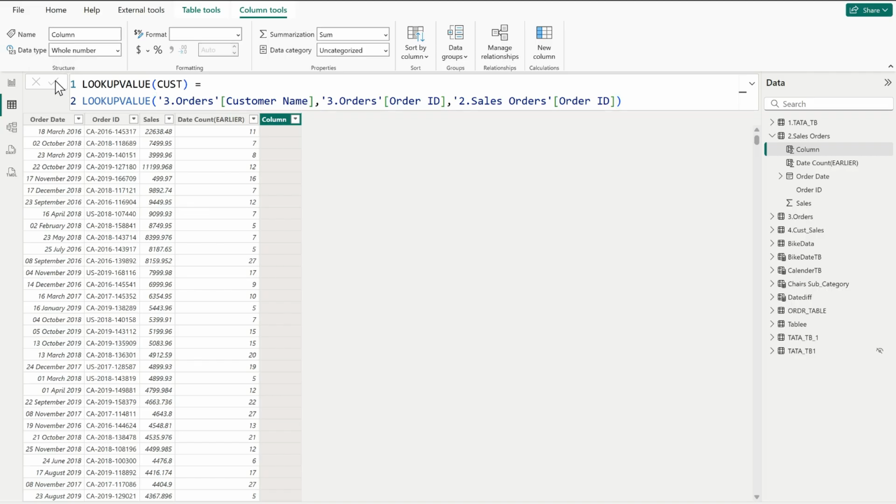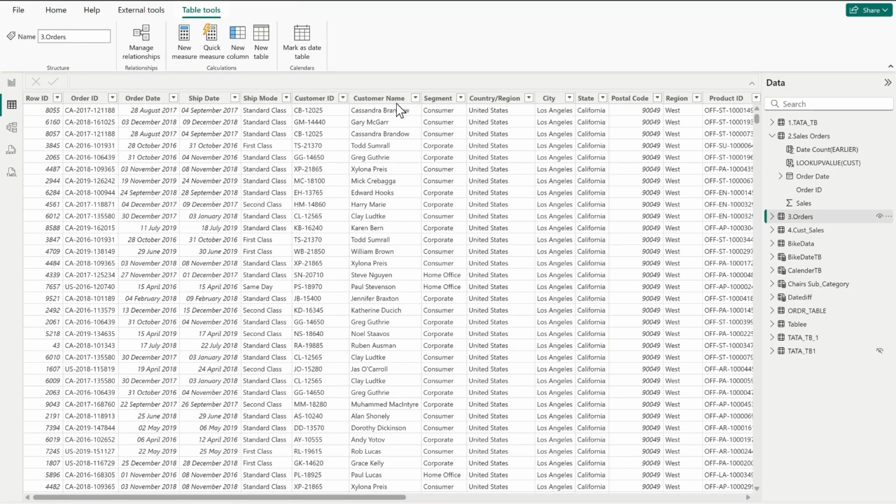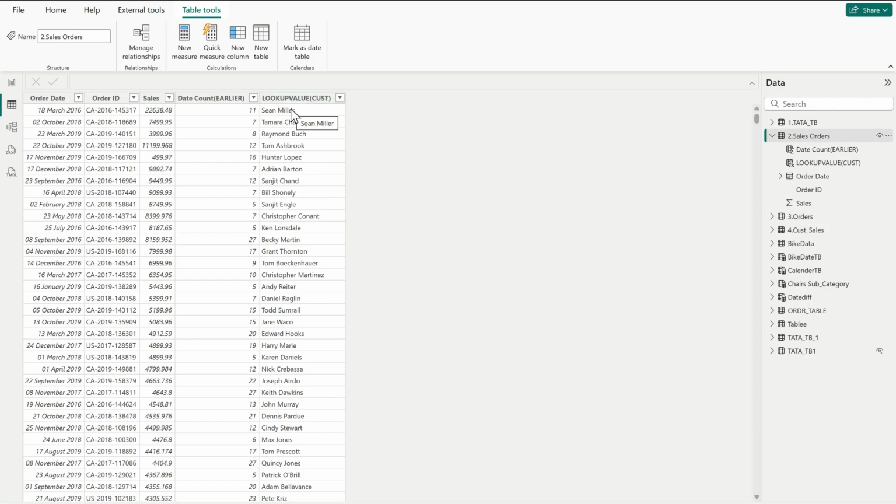Now click OK. The moment I click OK, it automatically brings the customer name from this orders table. So from this orders table we have the customer name, and now it is here. Now if you want, we can do any analysis based on the customer name. But make sure that whenever you are using the LOOKUPVALUE DAX function, the target table, what is the target table? Sales order. Whatever column you are using, the common column between these two, let me show that to you, the common column between these two